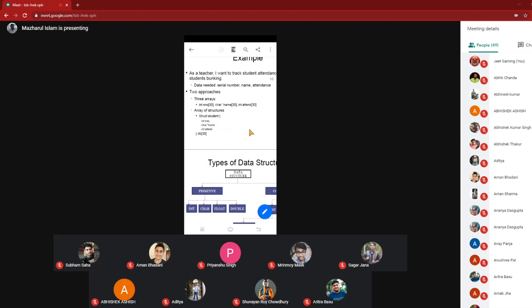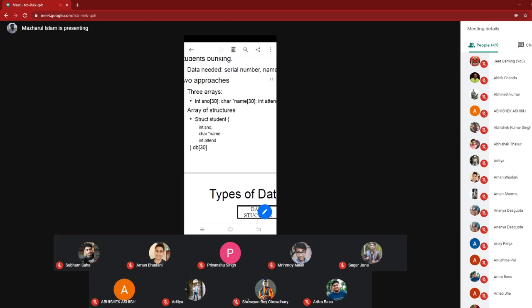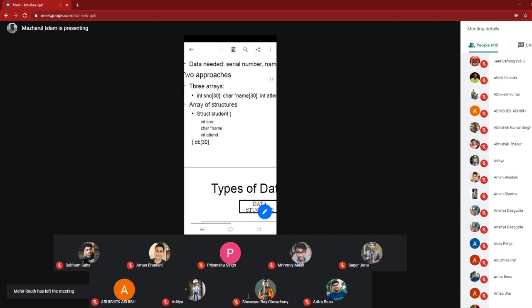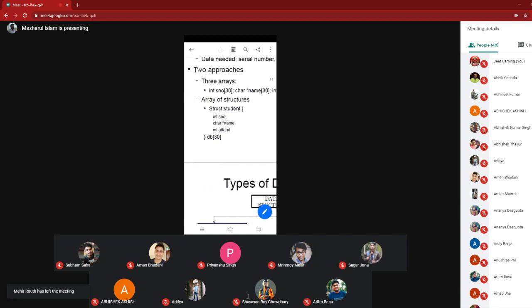Now there are two ways I can represent the student. The first way is three individual arrays to keep track of the students. The second way is one structure variable where the structure variable has components.